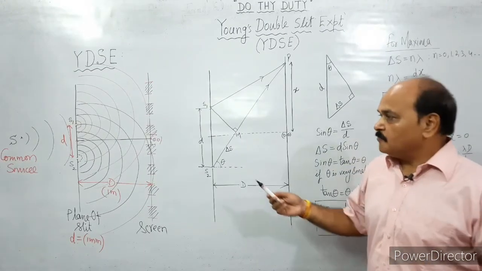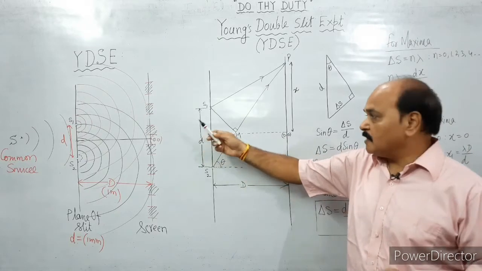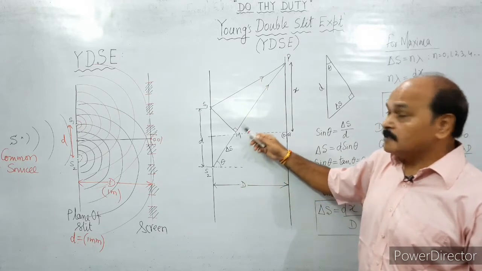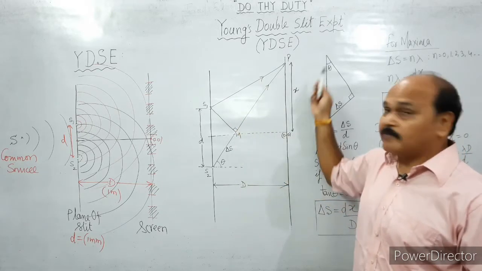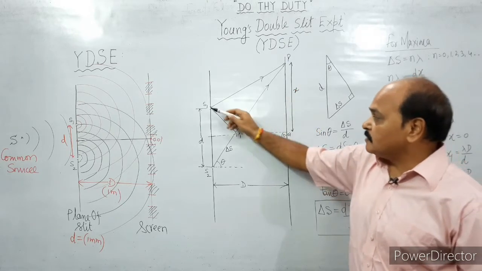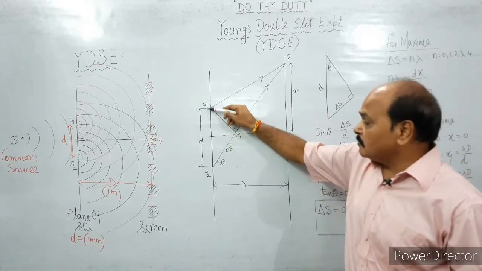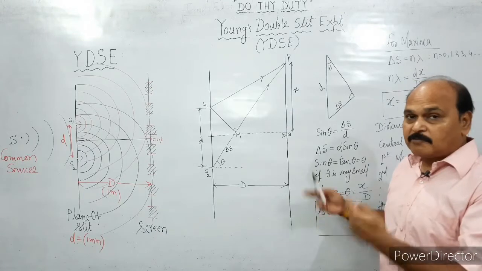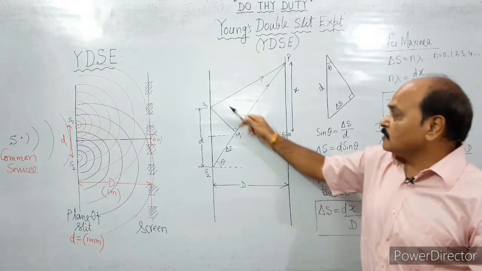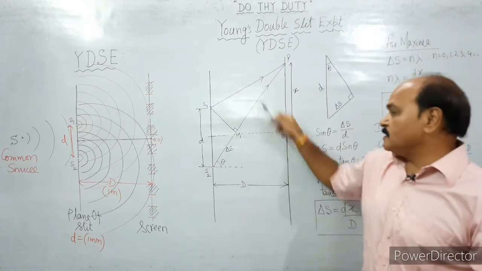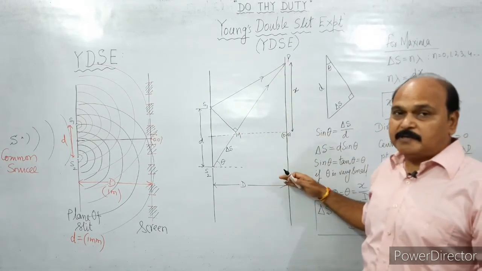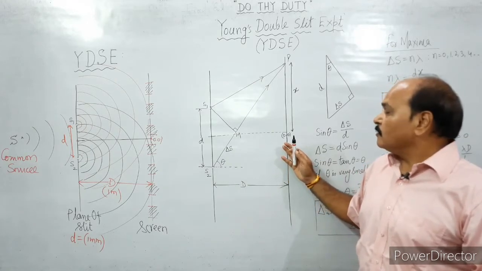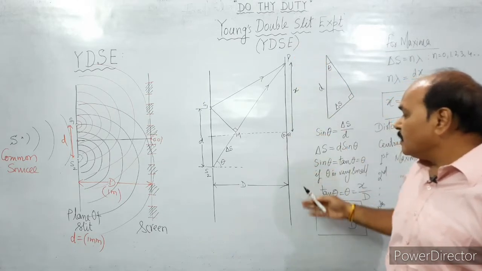Children, the setup which was already magnified is further being magnified here. So this is the YDSE setup in its highly magnified version. This distance, which is of the order of a millimeter, is now magnified to this distance. The screen is placed at a distance of say 1 meter, and the waves from both the slits superimpose over each other in this right part of the plane of the slits. And over the screen is formed an interference pattern.